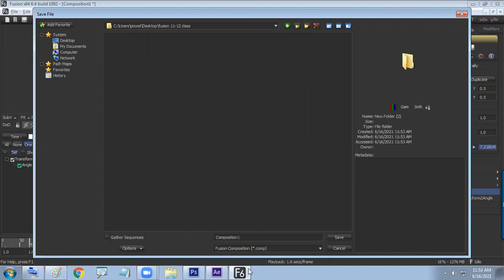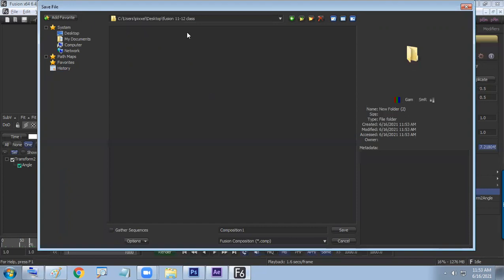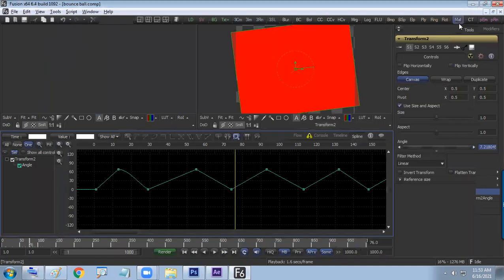You can take it up. It is there in the office table. On the desktop, it is there with the bouncing ball name.